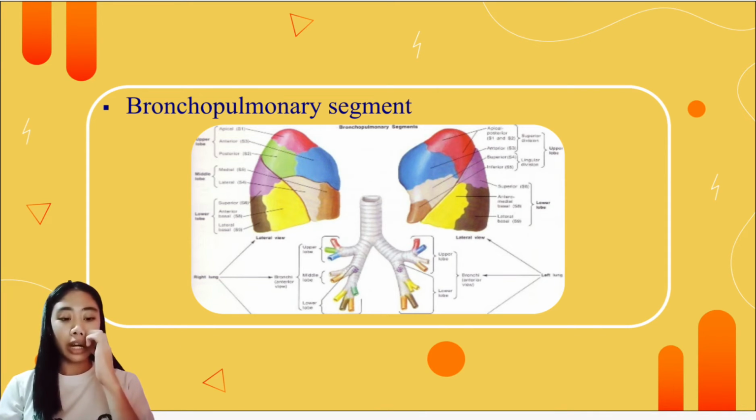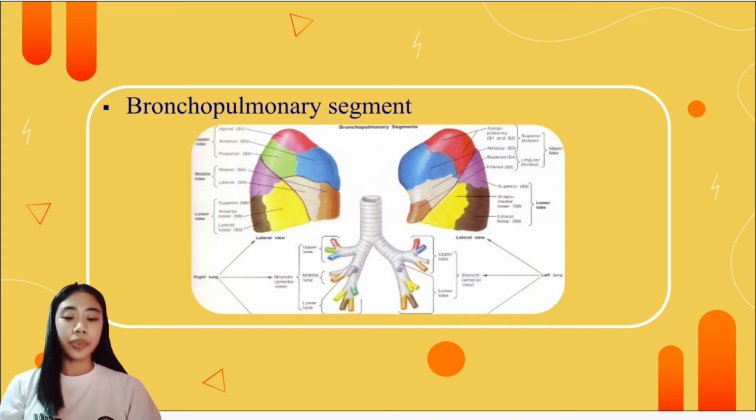Each bronchopulmonary segment forms a discrete functional unit in the lung that is independent of the other segments. This property allows a bronchopulmonary segment to be surgically removed without affecting other segments. There are 10 segments in the right lung and 8 to 9 segments in the left lung due to